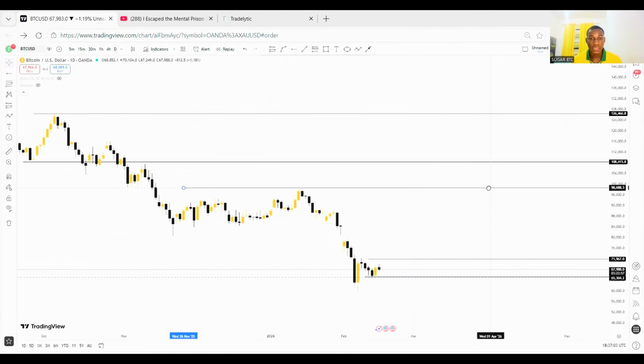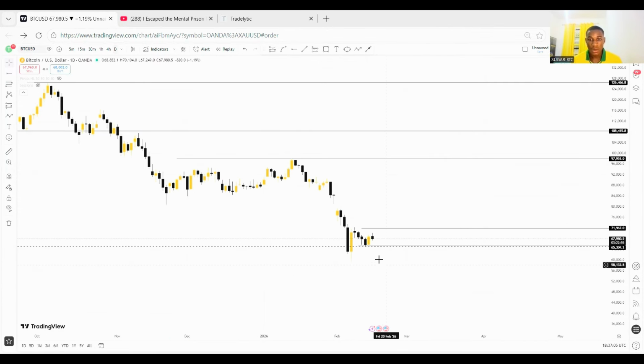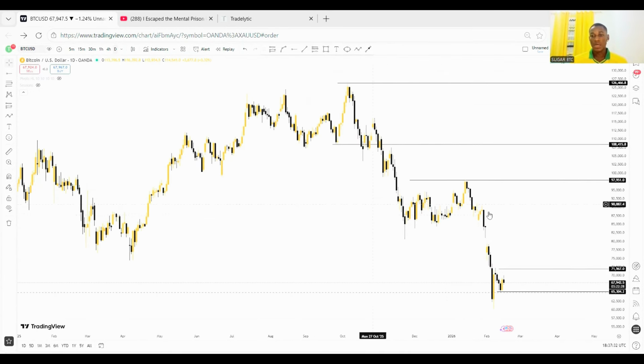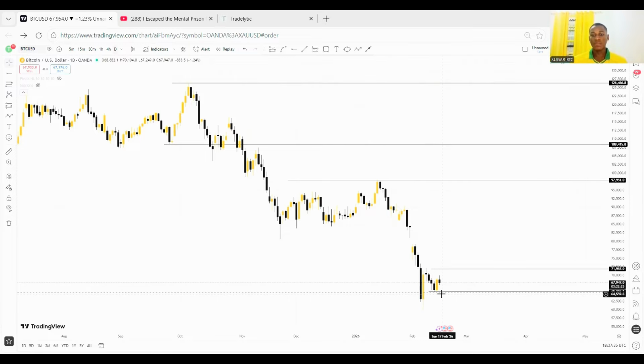I'm looking to sell BTC under this level. As you guys can see, I'll set my alerts here because this is a level where price gave us a swing low, in other words, a higher low. So once price starts breaking the structures, we know that it's gonna go bearish. It's gonna go bearish again, right? So my bias on BTC is I'm gonna be waiting for price to break below this level, and I'm gonna be taking sells